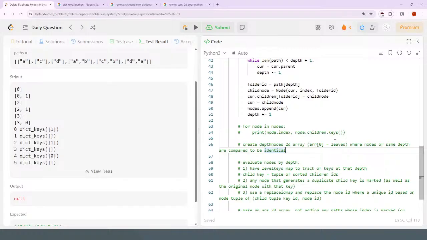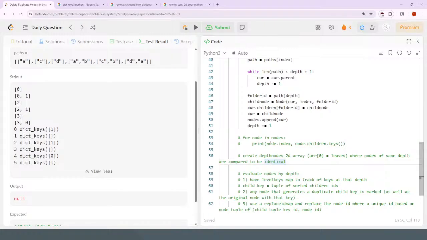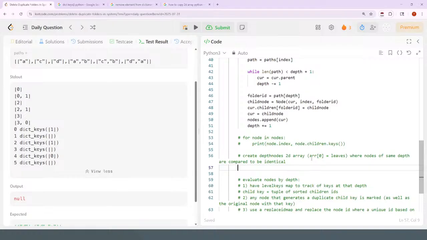And then the dep1 nodes would be, or in this case, I'll say the leaf nodes are dep0 for this tree, and then the dep1 nodes would be the ones where we're dealing with a folder that only has leaf folders, so subfolders that are empty, and those are the only ones that can be compared to be marked identical. So I'm going to say this is